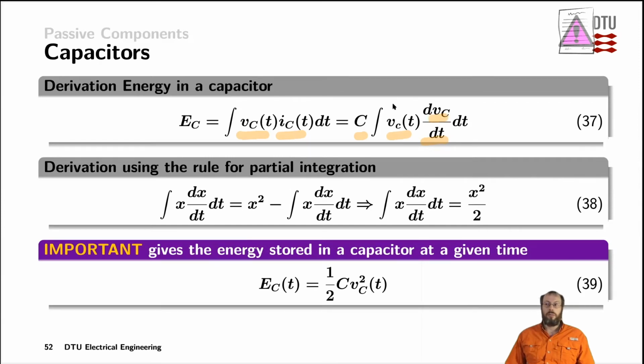And then we integrate the voltage across the capacitor times the derivative of the capacitor over time t. Now that integral can be expressed from a mathematical point of view as a partial integration. X times the derivative of x would end up being represented by itself and an offset, which is x squared. Now putting the right side of that equation back to the left side of the equation, we would end up